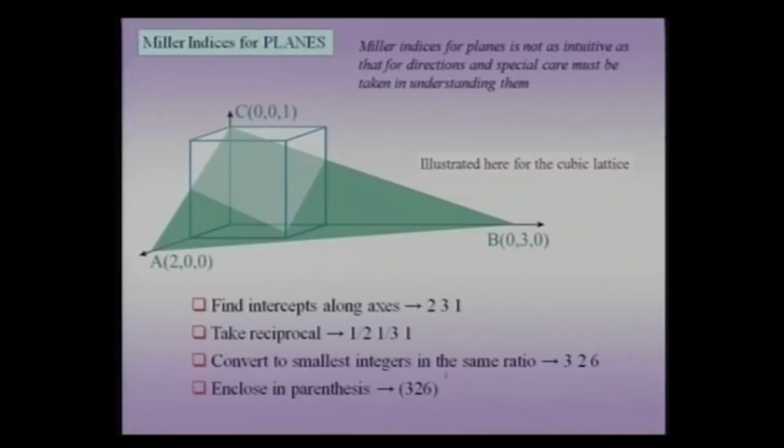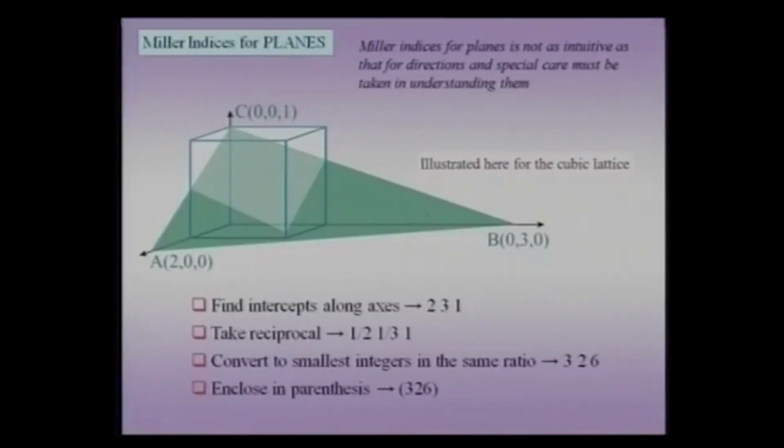I will not use commas in normal cases between these indices, and wherever I may have a high order index, suppose I had 13, 2, 6, then I would leave a space to make sure that the 13 and the 2 and the 6 are distinct. So, let me go through the procedure again. I find the intercepts A, B and C along the 3 axes. I take the reciprocal of these, and then I convert them to the smallest integers, and finally, I enclose them in brackets. So, for this plane which is marked in green here, the indices would be (3 2 6),